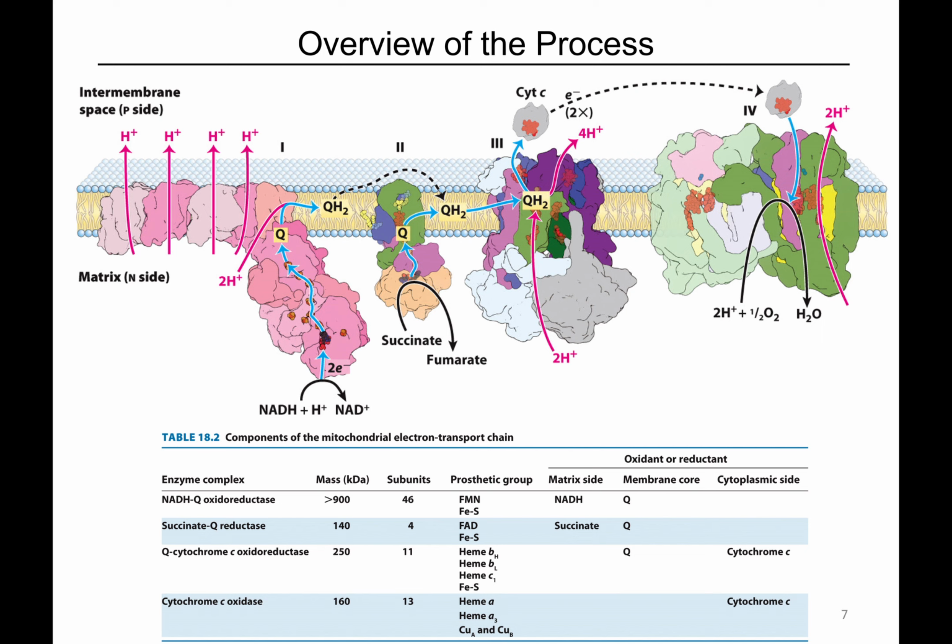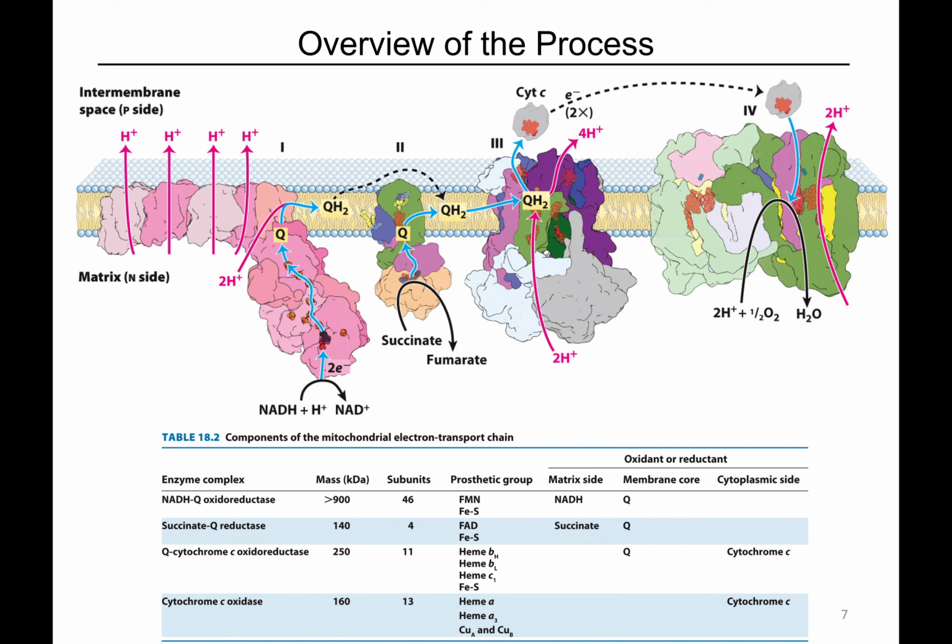Okay? These prosthetic groups, these electron transport cofactors, fall into a number of categories. We have a couple of flavins. In complex 2, we have FADH2. We also have an iron sulfur cluster. In complex 1, we have a different type of flavin. This is a flavin mononucleotide. The only difference is it doesn't have the AMP coupled to flavin, and we'll look at this in a second. We also have iron sulfur clusters in complex 1. So complex 1 and complex 2 both consist of flavin electron carriers and iron sulfur clusters.